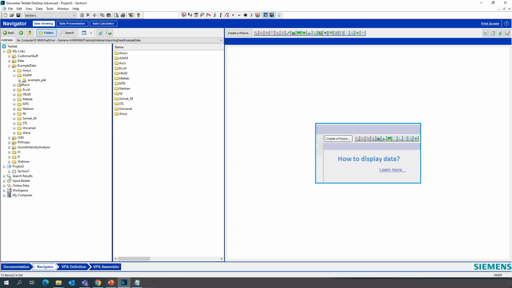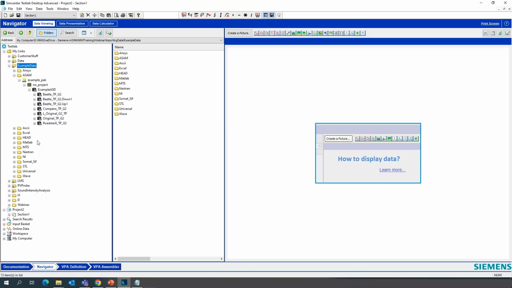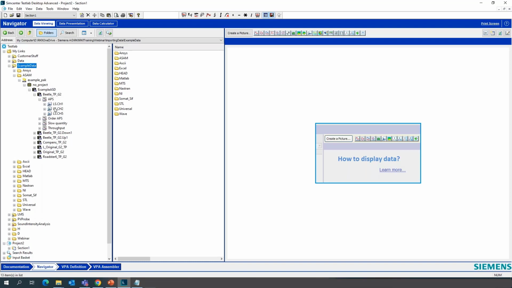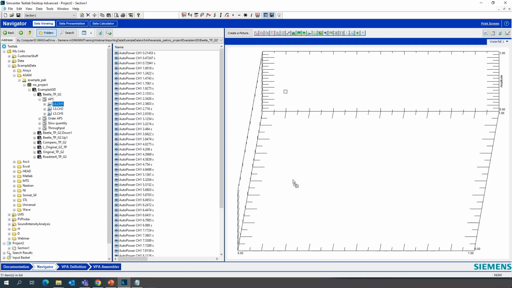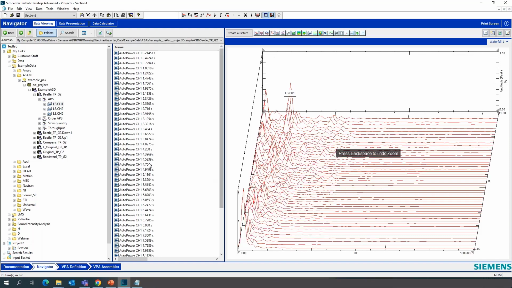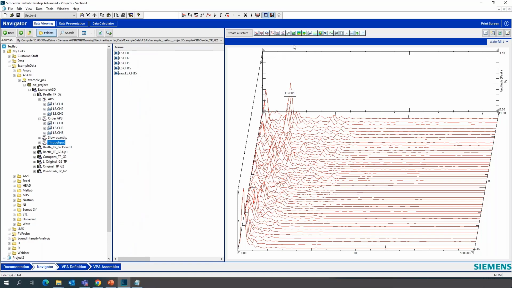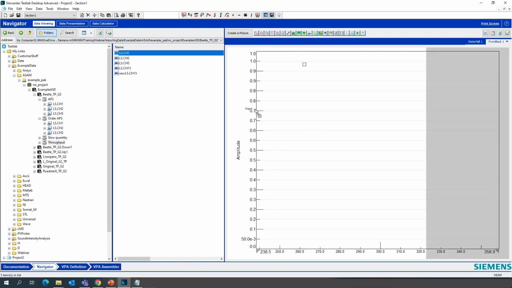So I can simply browse to it and then access the content in it. And for those familiar with the TestLab format, it looks exactly the way the data is organized in TestLab. So this is an ASAM file format, an ATFX or BDF file that was created from another software. And we are just able to browse to it and look at the data. This is waterfall data. I can just browse to it and plot the data in TestLab like this. And if it is an order cut, I can look at those also. Or if it is throughput data, I can look at that data also. I can just plot it here.